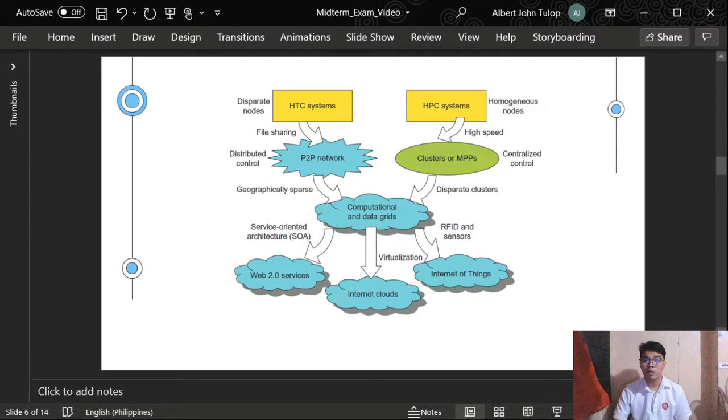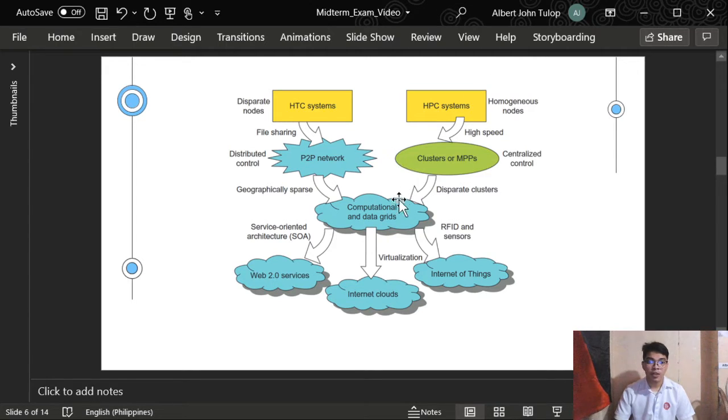P2P, as we know, is built over many client machines. Like the ones we know in networking, P2P, cloud computing, and web service platforms, those technologies are more focused on HTC applications than HPC applications. Both clustering and P2P technologies evolved to the development of computational data grids.